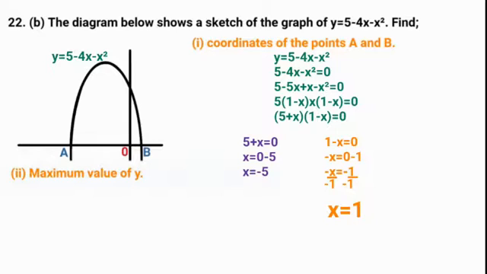The point for A is here, the one I've pointed with a leading point there, and the point of B is here. Now let's find the coordinates. We should realize that this is the y-axis and this is the x-axis. So when you look at where the graph is meeting the x-axis, the points which are there, which is B and which is A,